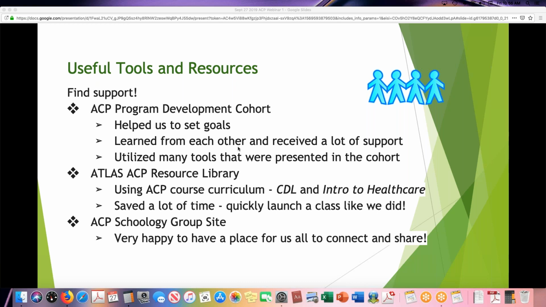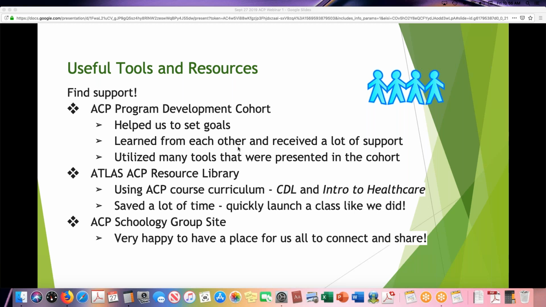Thank you, Allison, for sharing. You gave us many great ideas. And what I noticed both you and Penny were talking about is that ACP program development cohort and how useful that was. We have some materials for you in the materials section that can help you if you are not part of that cohort. Again, Allison, thanks for referencing the Minnesota Opportunity Corps. A link for that is in your materials section.